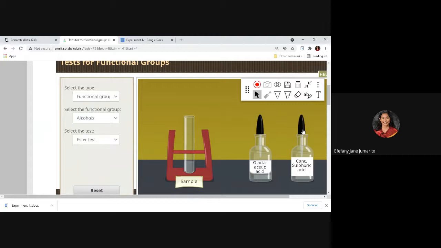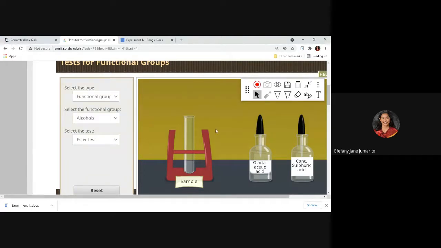So class, in a laboratory, you always wear your gloves and your lab gowns. That is to protect yourself because if you are handling concentrated sulfuric acid, it's very acidic because it's concentrated. When it spills, it will cause skin burns. Skin burns. I had an experience with this. But the first thing, if spilling occurs, always wash with tap water